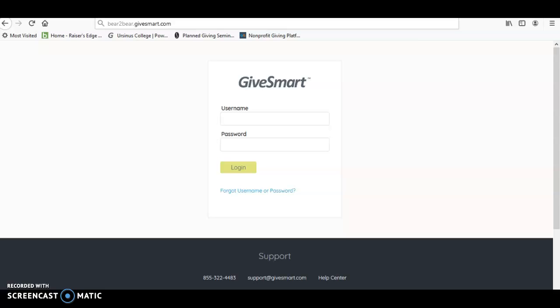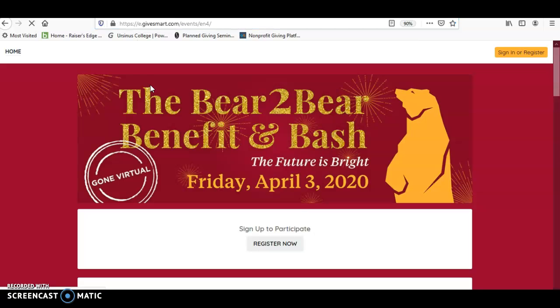I wanted to demonstrate for you how to register for a Givesmart account, which is the first step in being able to participate in the online auction. So you're going to want to open a new browser window on your computer and type in bear2bear.givesmart.com. That is this website right here, bear2bear.givesmart.com. Go ahead and hit enter, and it's going to take you to our Bear2Bear Benefit and Bash main page